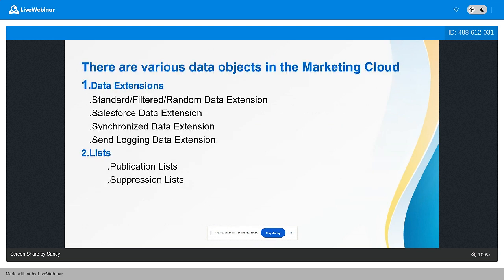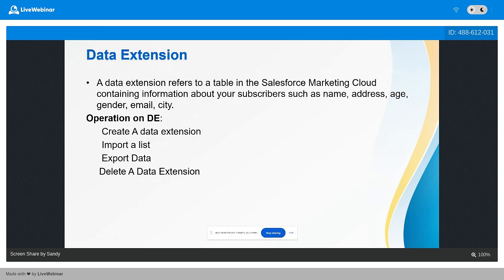There are various data objects in Marketing Cloud because we are going to start from the data, then after it we'll start the email content, then after it we'll see automation and journey. Step by step we will see everything. If you look at the data extension objects, there are objects in Marketing Cloud like data extensions and lists. Data extension is just like a table, if you know about tables. It's like a table in Marketing Cloud containing information about your subscribers such as name, address, age, gender, and